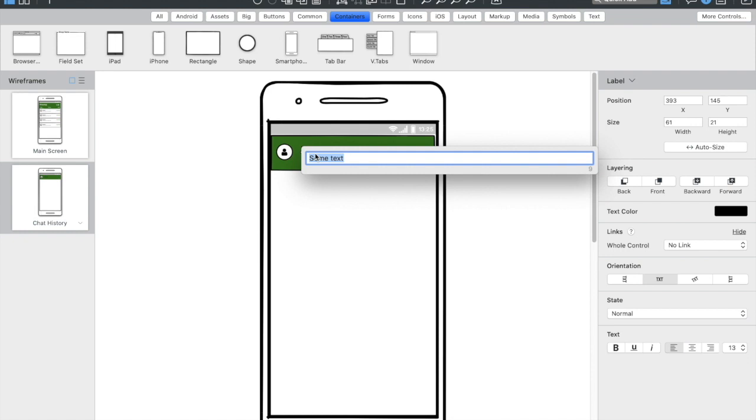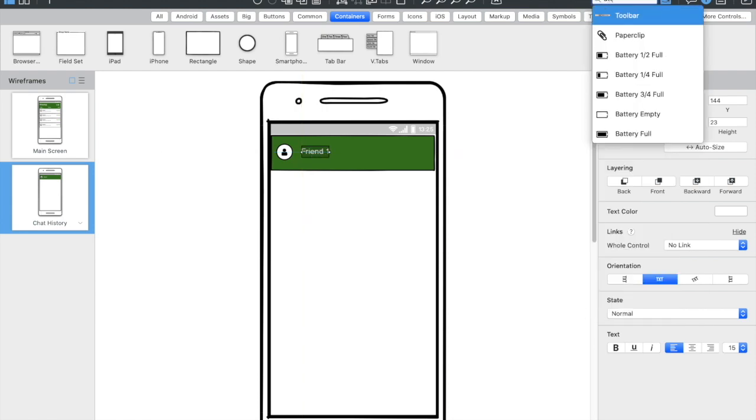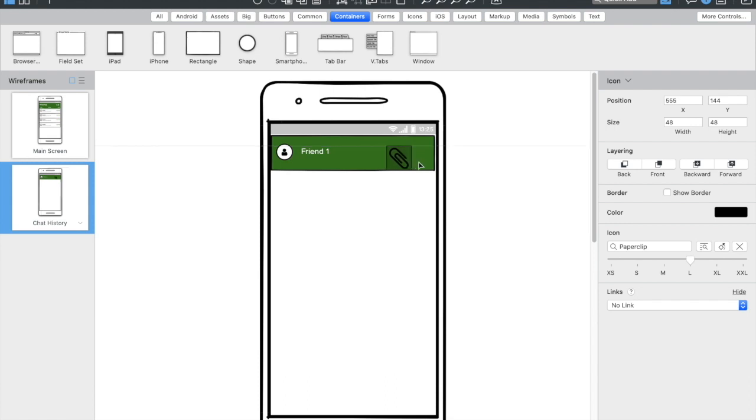The label will be a particular username, friend1, and the text color is white, text size a little higher. Alright, let me see if the attachment, yes, paperclip is also available.